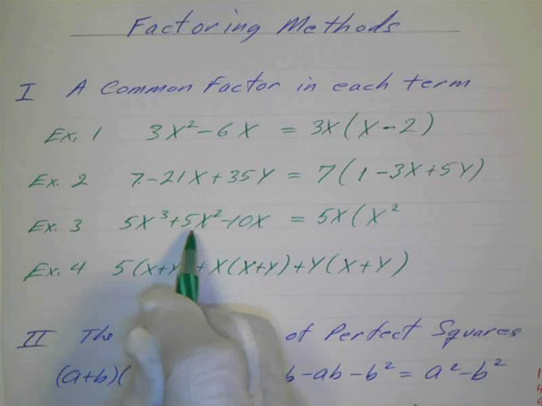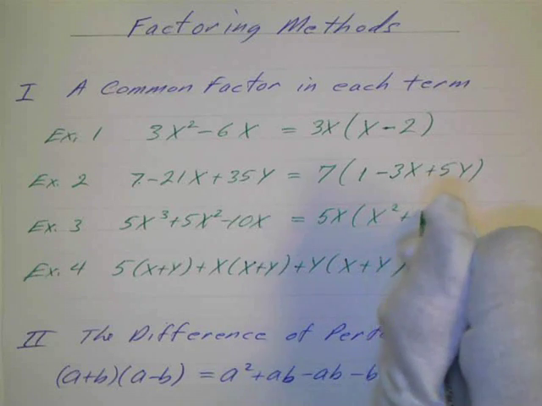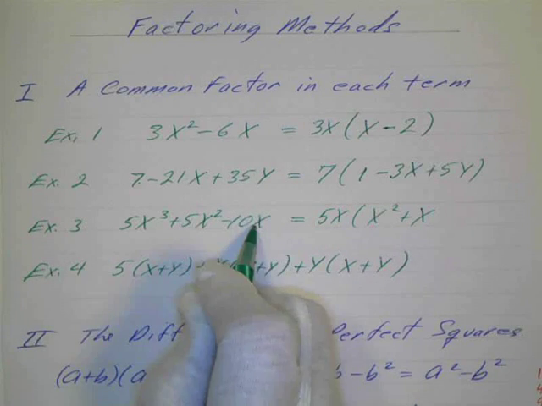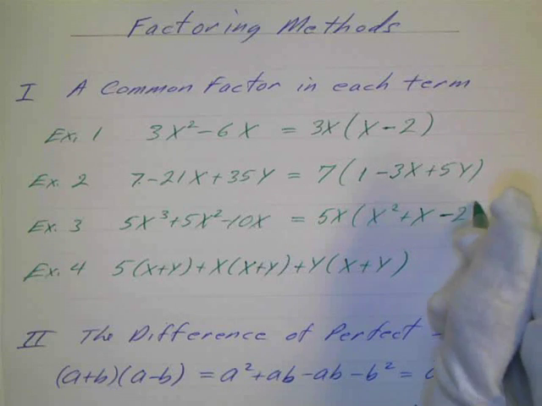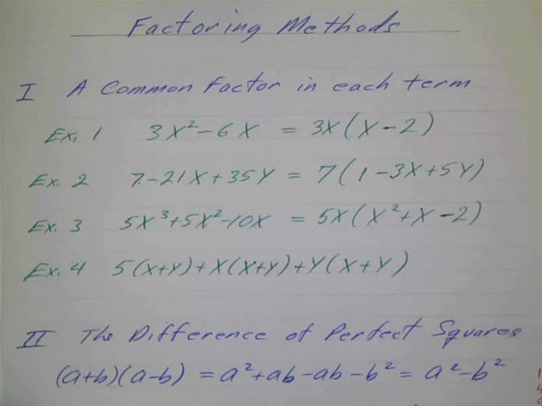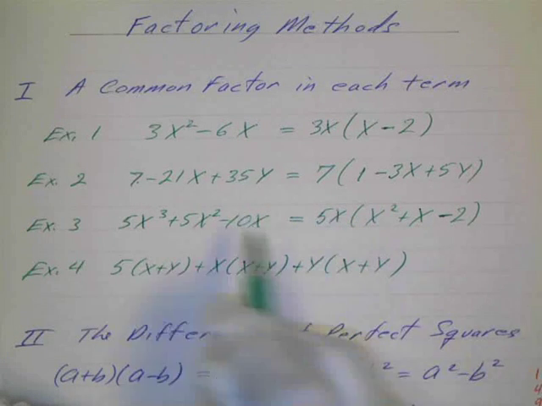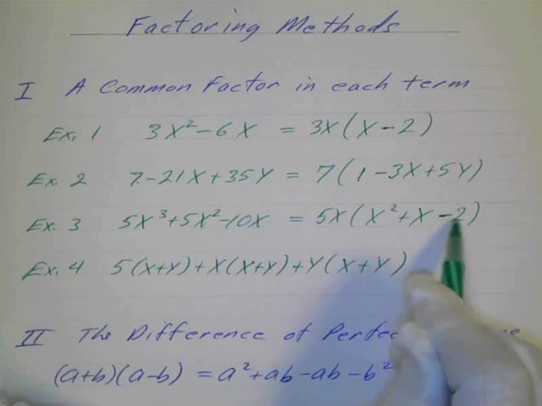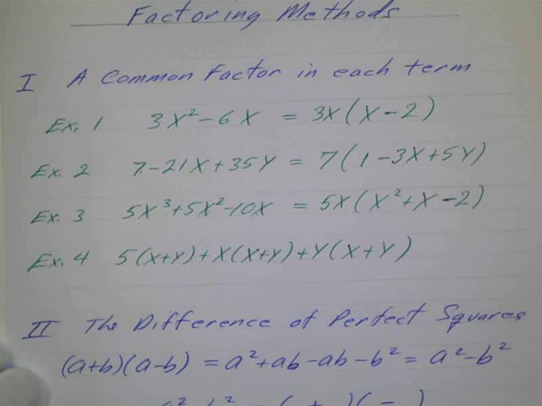Second term, I can take the 5 out, and I have 1x left, so I just have x. And here I can factor out an x as well as a 5, and I just have left negative 2. And you can always check this again by multiplying it out using the distributive property. 5x cubed plus 5x squared minus 10x. And you always try this first. Always check for a common factor in each term,